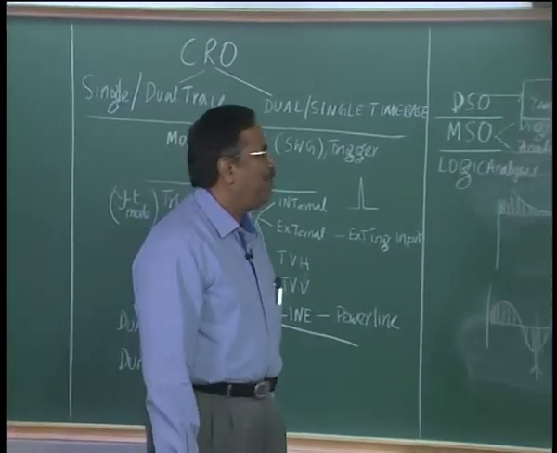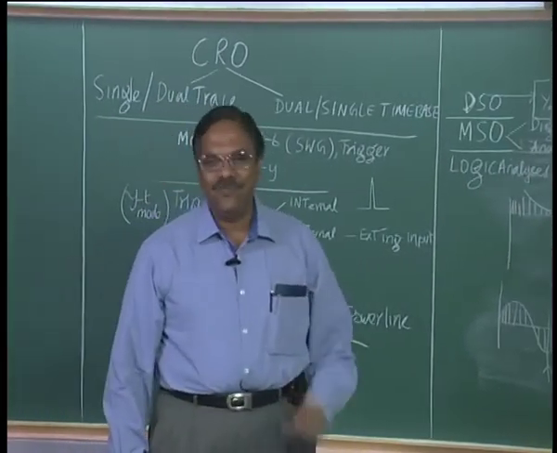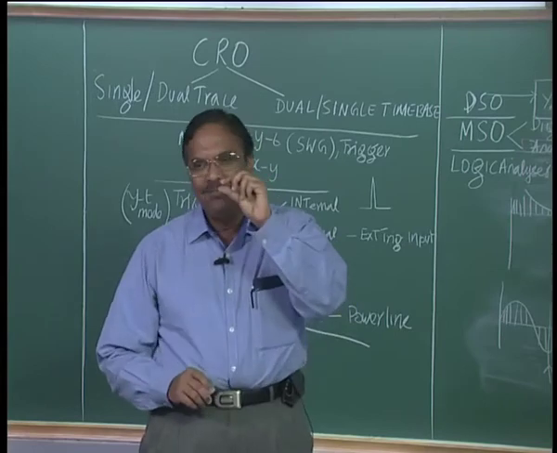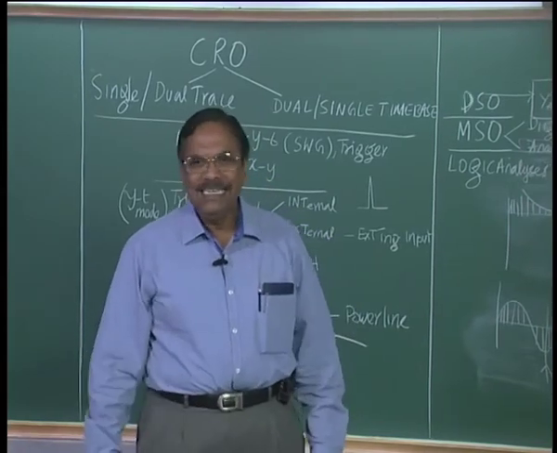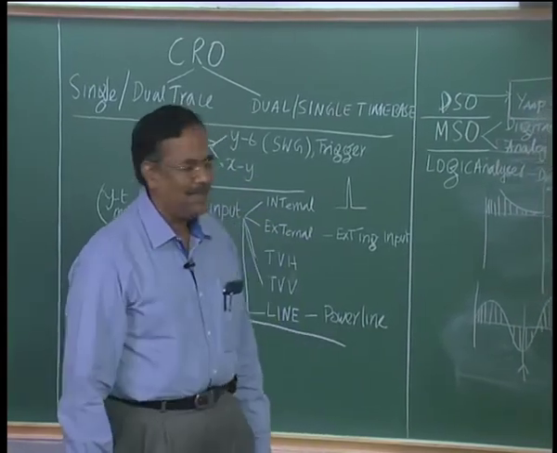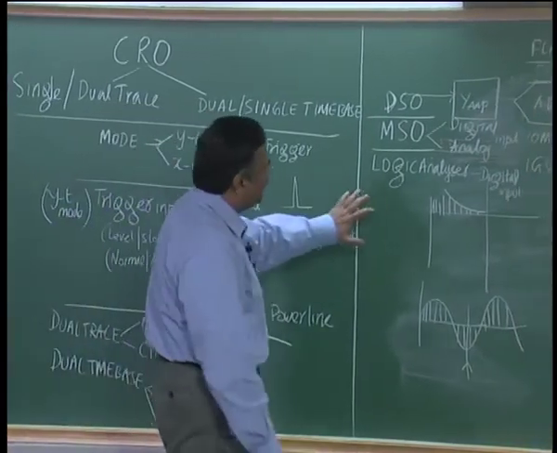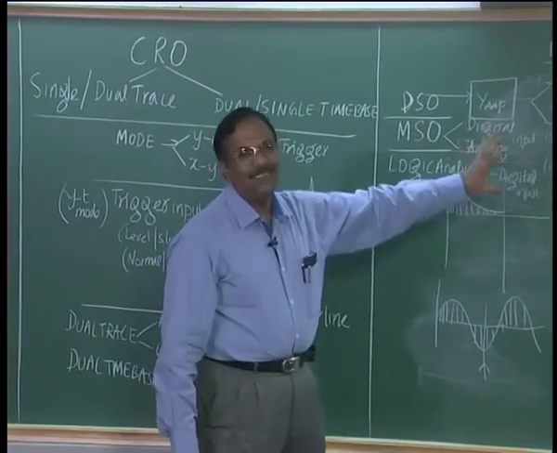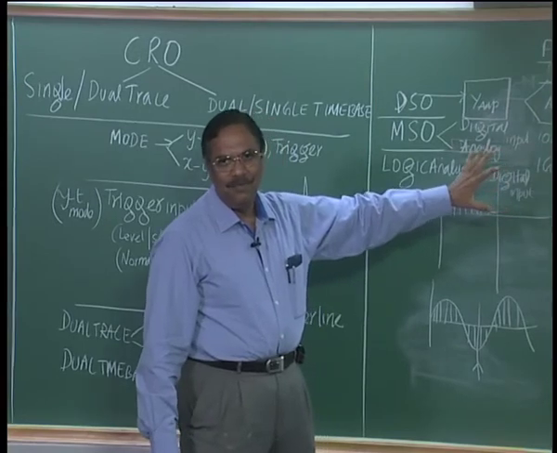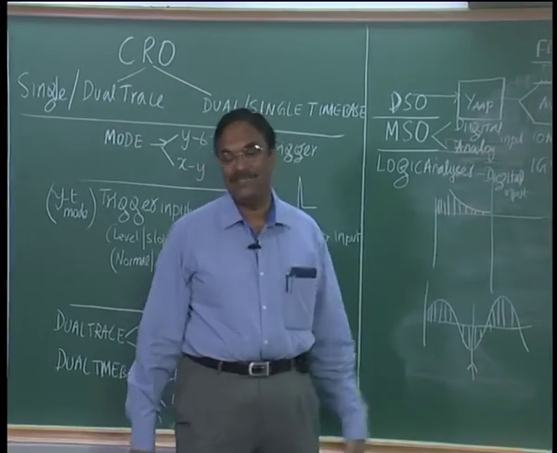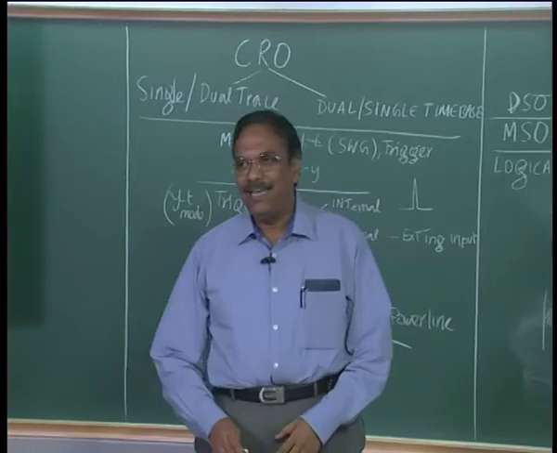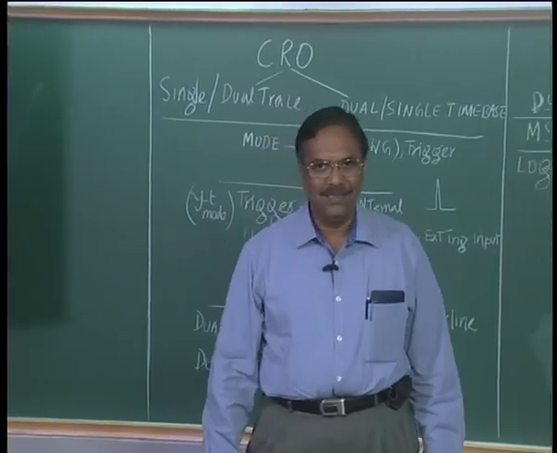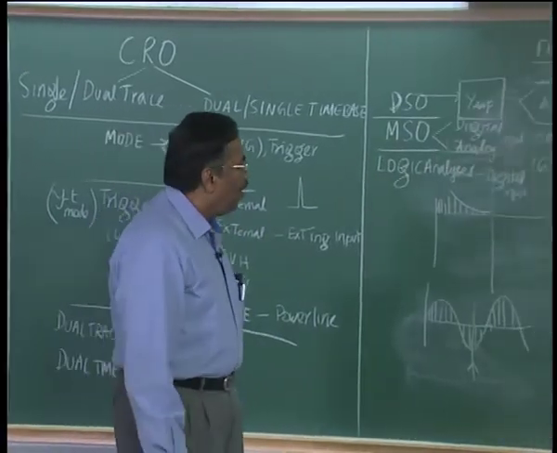It is not a big problem because the digital signals are always ones and zeros, so even if you have a small amplitude you can distinguish 1 and 0, right. A logic analyzer is a digital oscilloscope, but it does not accept analog input, it accepts only digital inputs, ones and zeros, right.